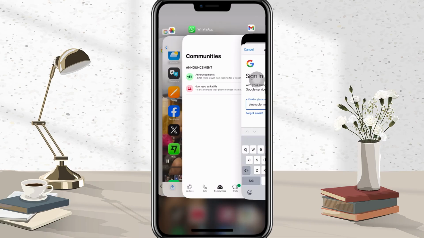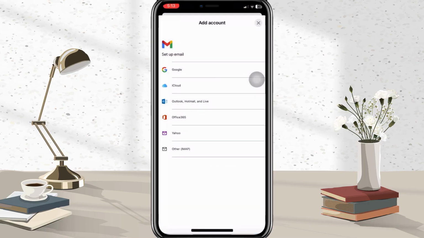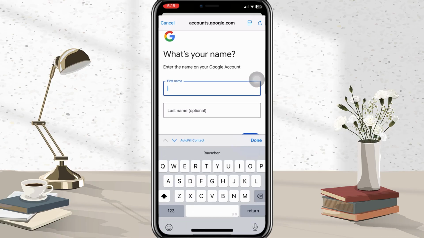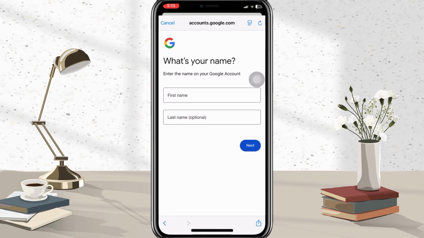If those options fail, use the account recovery flow. Enter as much info as you can: past passwords, when you created the account, recovery email